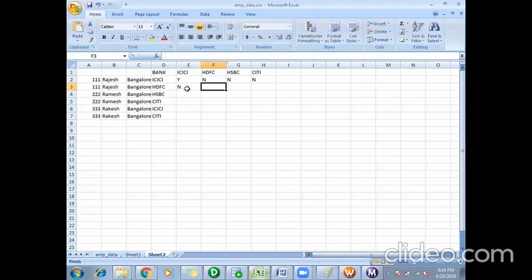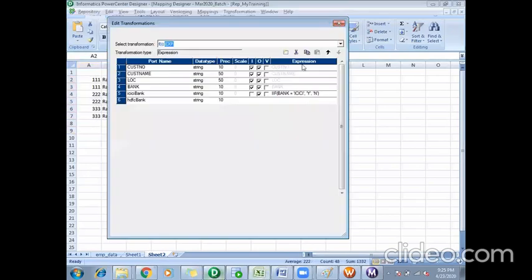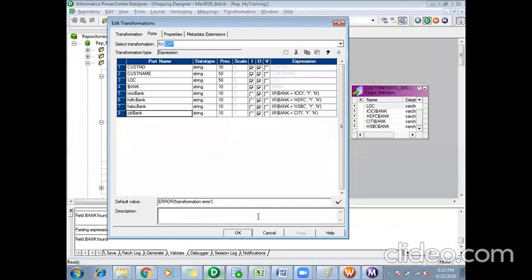Similarly, I'll get values like this in my expression transformation. Clear? This is what my expression transformation logic is doing.